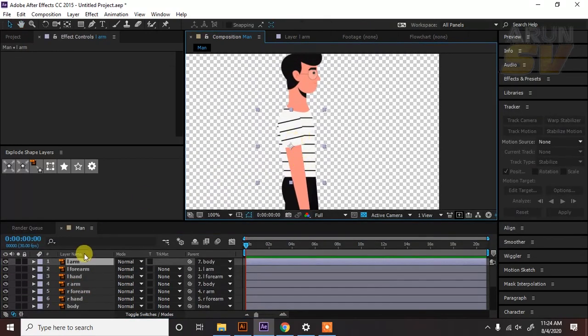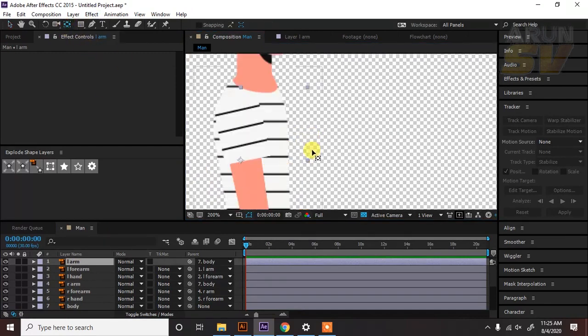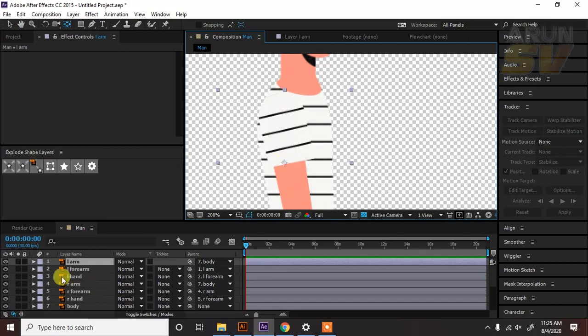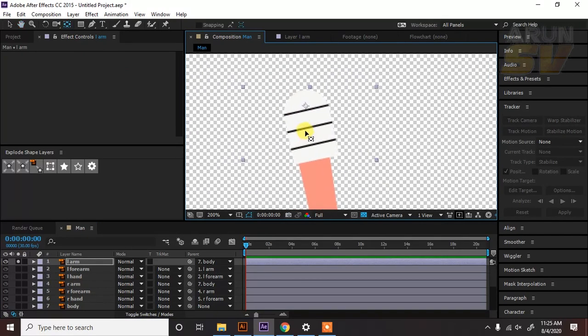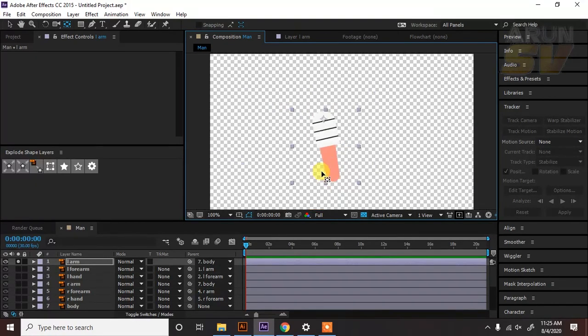Starting with the first layer, click the pan behind tool, then solo it and place the anchor point at the center of the semicircle, that is the top of the layer with the semicircle shape.